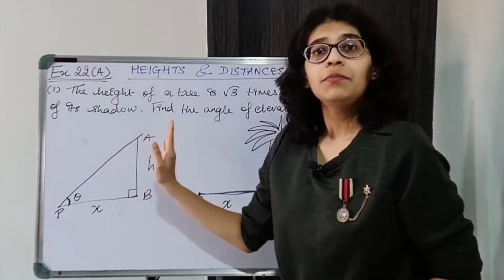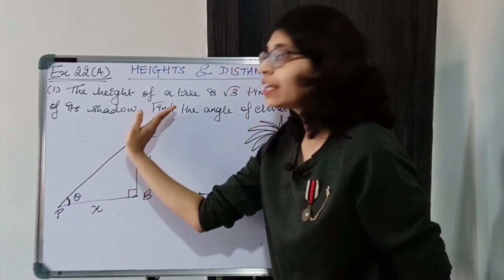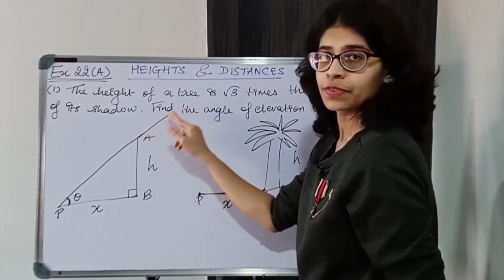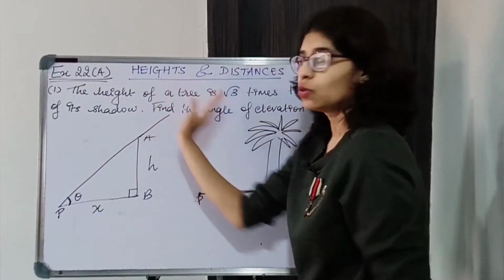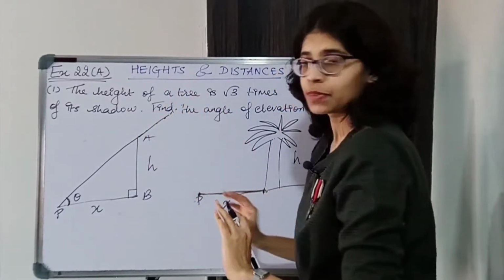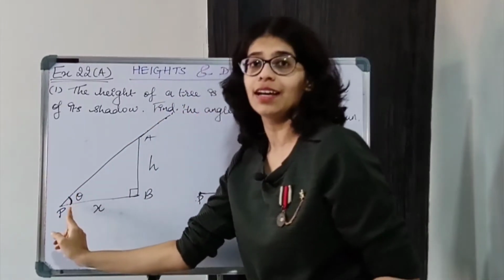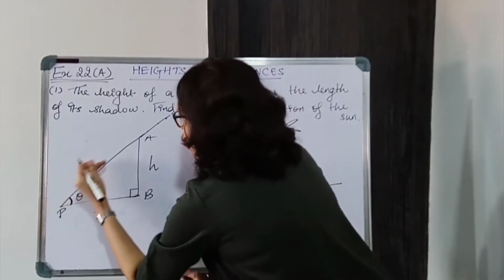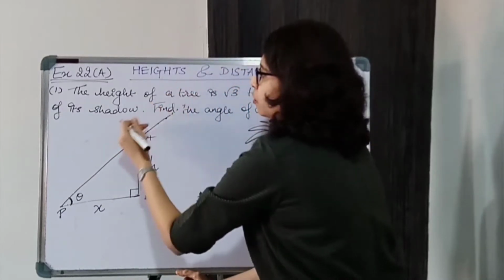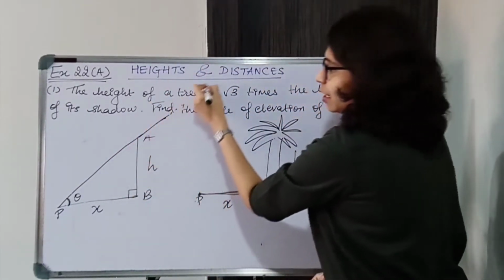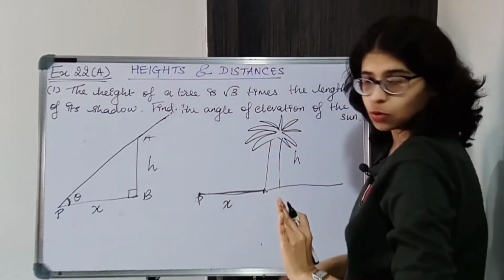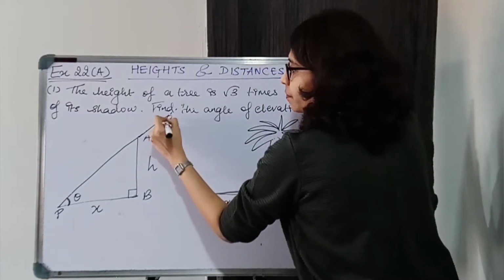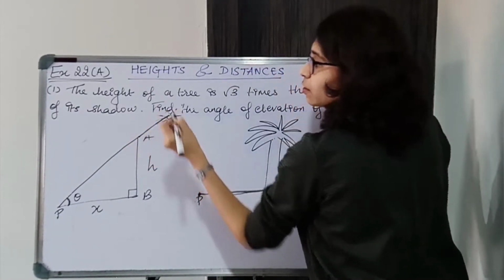Sun, where will the sun be? The sun is along the line of sight. It is somewhere over here. If you extend the line of sight, the sun is here somewhere. And this is the same angle. So the angle of elevation, looking from here, there is the sun somewhere over here. You can extend the line, the angle is going to be the same. The sun can be here, somewhere along the line of sight.